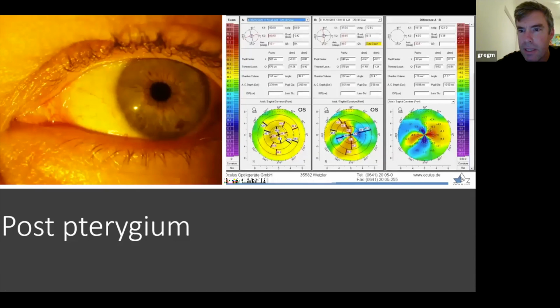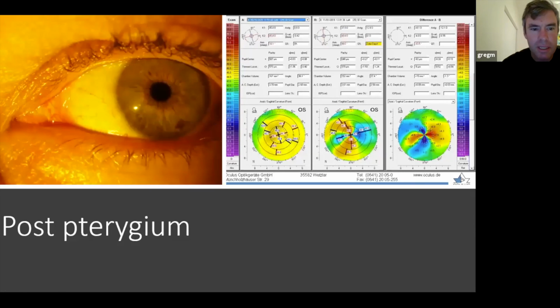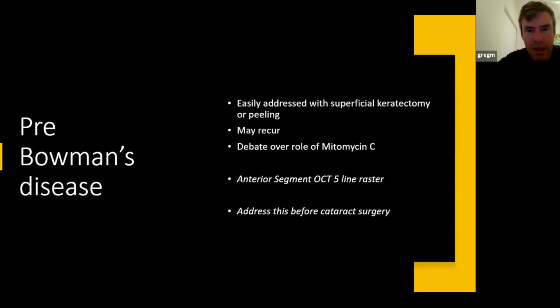diopters of topographic astigmatism, and post superficial keratectomy as part of the pterygium procedure is down to 0.8, the normal-looking topography there on the left, with the pre-op centrally there. So pearl number one is, if we're reaching for a lens-based solution to corneal astigmatism, make sure there's not a simple solution in the cornea. And the simplest of all, and the most dramatic that I enjoy treating, is when you have a patient